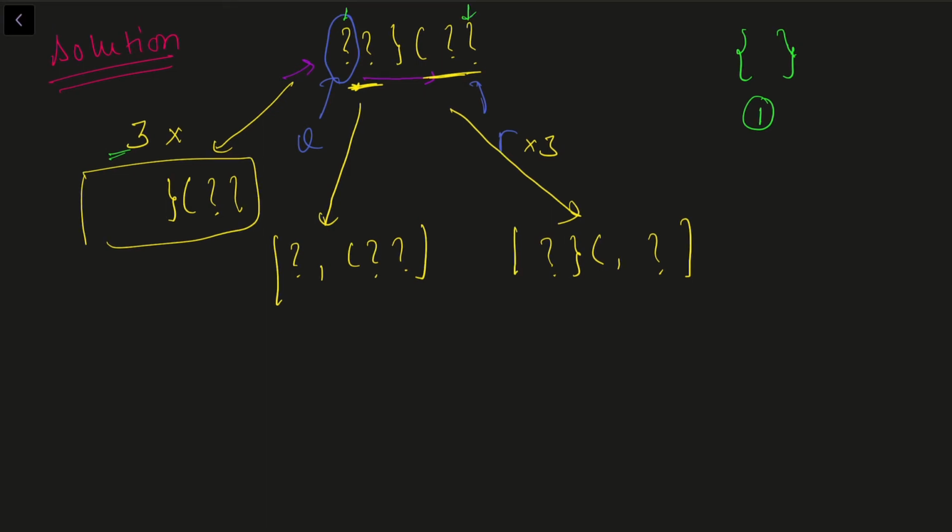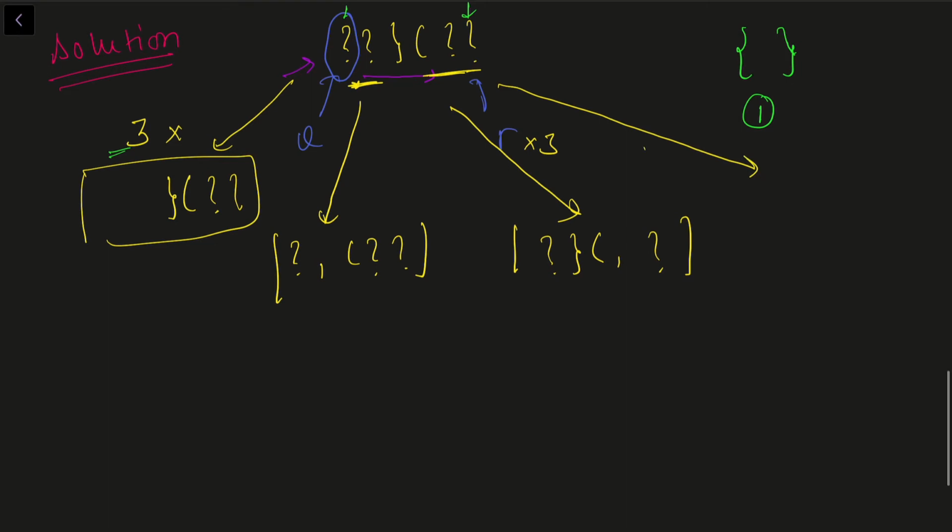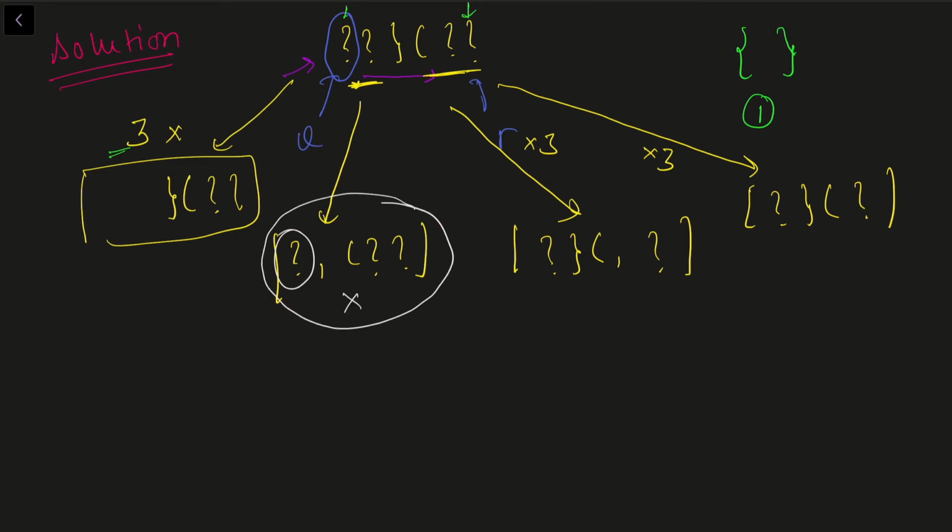Let's move on to this value. Now for this value, again we have a question mark, so we can see that we'll have three choices. And what are the strings that I need to solve it for? We have just one string, that is question mark, closing curly brace, opening parenthesis, and a question mark. So that is my sub problem here, right? Now here you can see that this is a string of length 1, so it cannot make a pair. So this is a base case. We can conclude here that this string is not going to get converted to a valid string. So we can return from here.